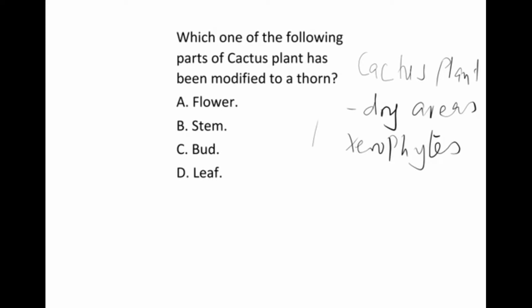For these plants to survive in dry areas, they have to come up with a mechanism that will enable them to reduce the rate at which they lose water, or reduce the rate of transpiration. Transpiration is the process through which plant leaves lose excess water. Since these plants grow in the desert where water is a limiting factor, they have to come up with mechanisms like shedding of their leaves,